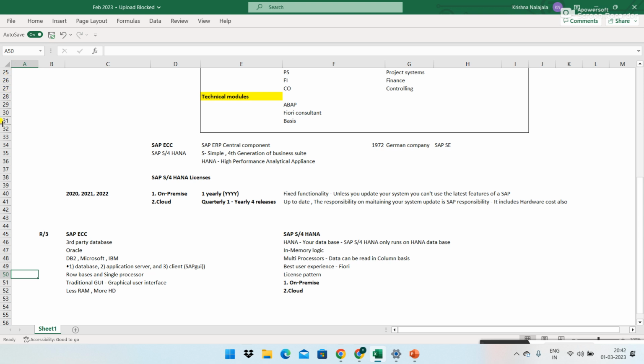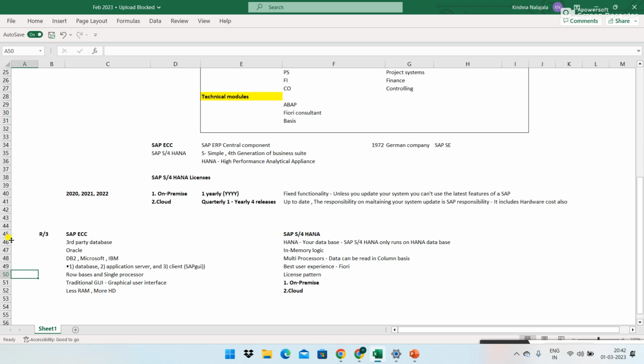In order, they'll read the data. The system reads the data row-wise, one after another. It has to read all the rows until the last row, in this case the 50th row. So definitely it takes time, because one processor is doing the job and it is reading the data row-wise.